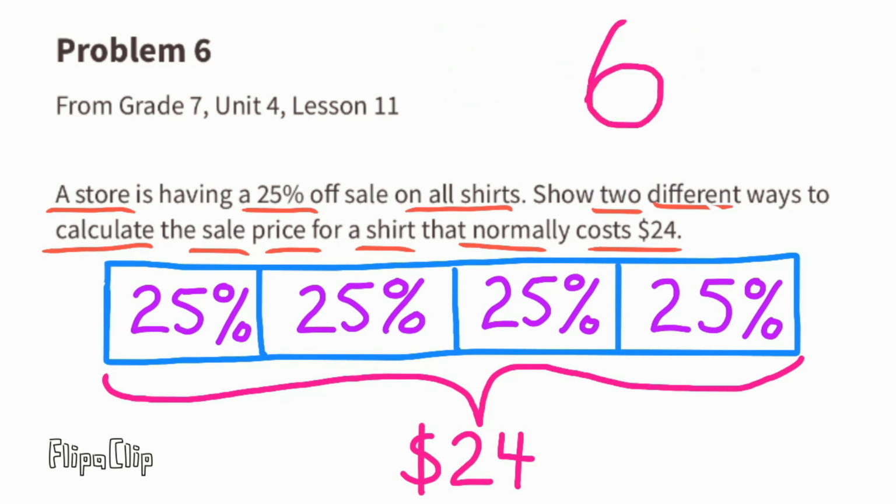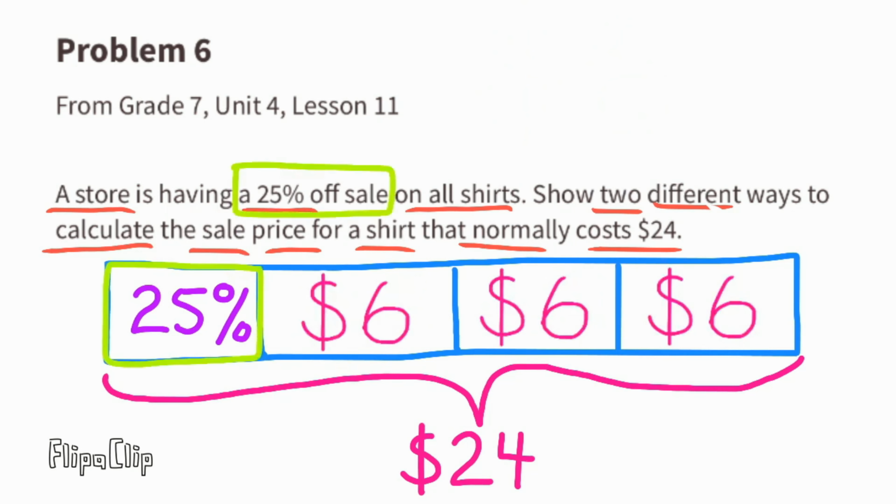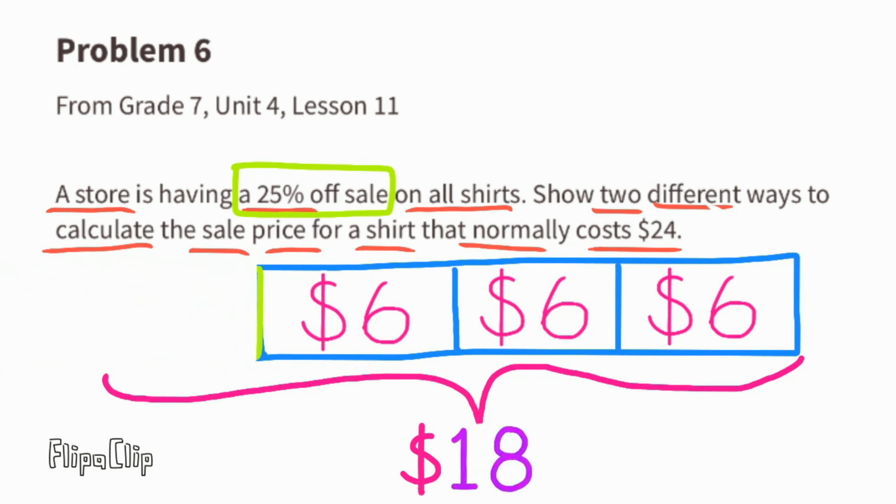That means that each one of these sections is worth $6. And since each section represents 25%, that means that 25% of the price of the shirt is $6. We can substitute each section with $6. Remember, it's a 25% off sale, so we can take one of these 25% off by removing one of the sections. Now that we've taken off $6, or 25% of the price of the shirt, you can see that the